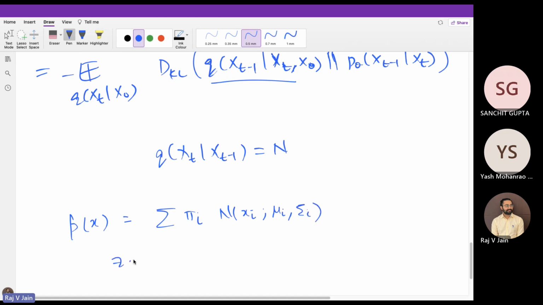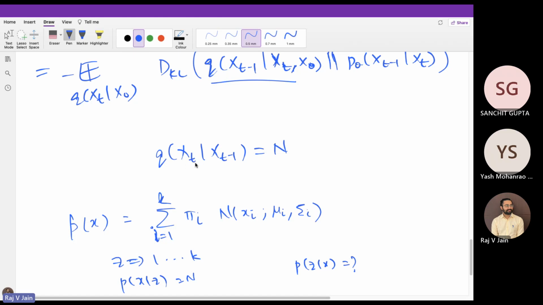If I take Z as a categorical variable which goes from 1 to K, P of X given Z is Gaussian. But is P of Z given X Gaussian? No. It's definitely not. So we have established that it is not trivial. Fine. Okay. So what all information do we have? We have information that xt given